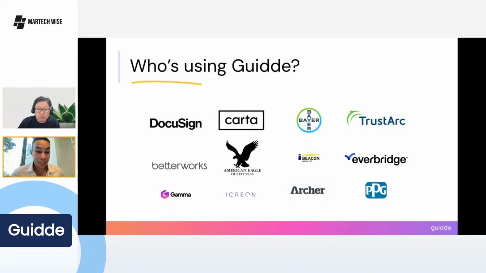Now, these companies represent a broad array of different industries, right? So DocuSign, we all know and love, it's a straight up tech company. Carta is a fintech company. Bayer is a pharmaceutical company. And PPG is a very large consumer product good company, right? You would think that these different companies have different use cases and how could they be buying the same tools for the same purposes? But there's a through line that goes through all of these businesses,